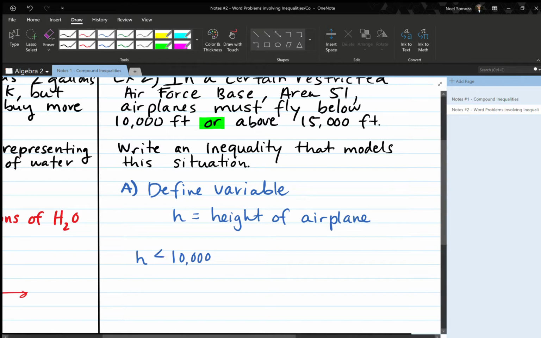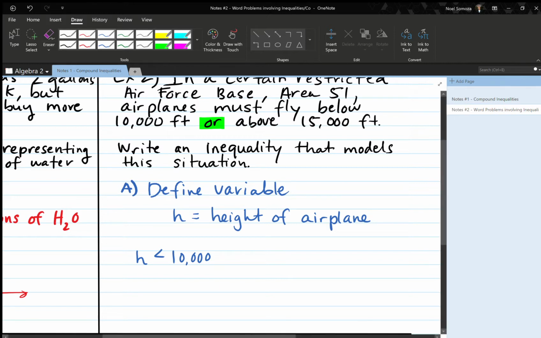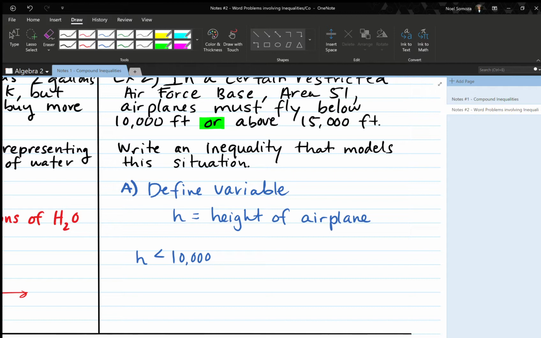Can I be exactly at 10,000 feet? What do you guys think? What do you think? You're shaking your head no. Why no? Why can't we say that? Can we include 10,000? Right? Can we fly at 10,000? It has to be below that, right? That says below. I must fly below 10,000 feet. Okay. All right. Or